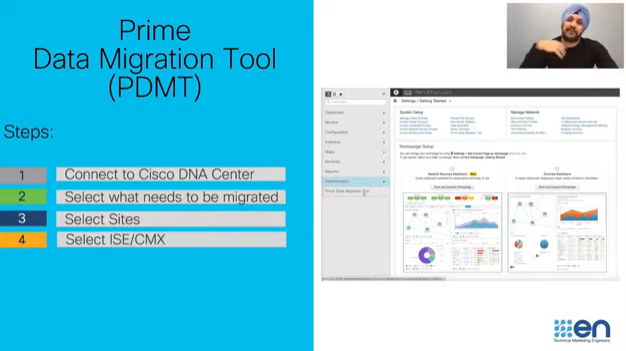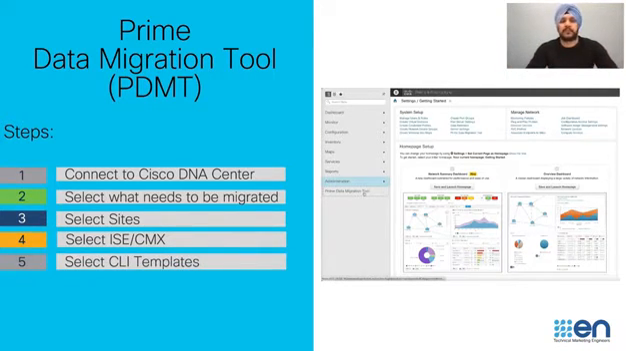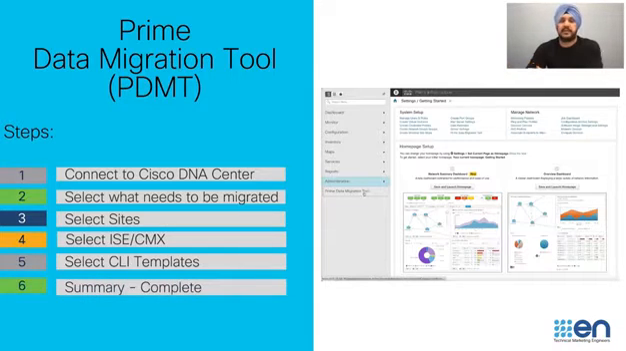And then if you have currently running ICE or CMX on Cisco Prime, we can migrate that to Cisco DNS Center as well. And then we select if you have any CLI templates that you're currently running on Prime. We select which ones we want to migrate to Cisco DNS Center. At the last, we have a summary of everything that you would like to migrate. We start the migration, and then API calls get run between Cisco Prime and Cisco DNS Center, and everything gets